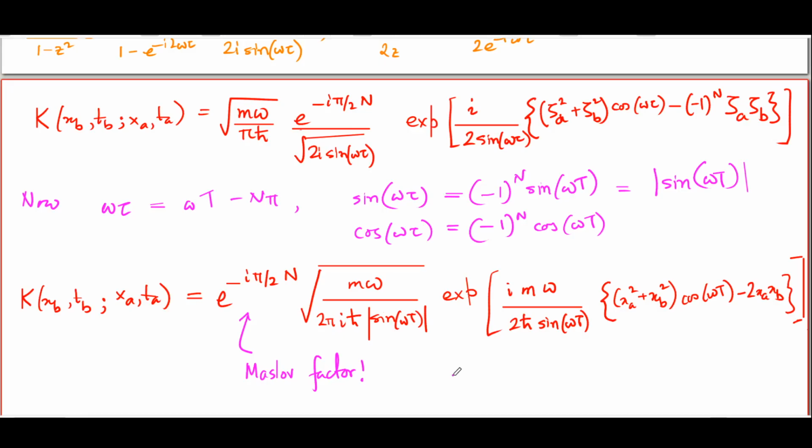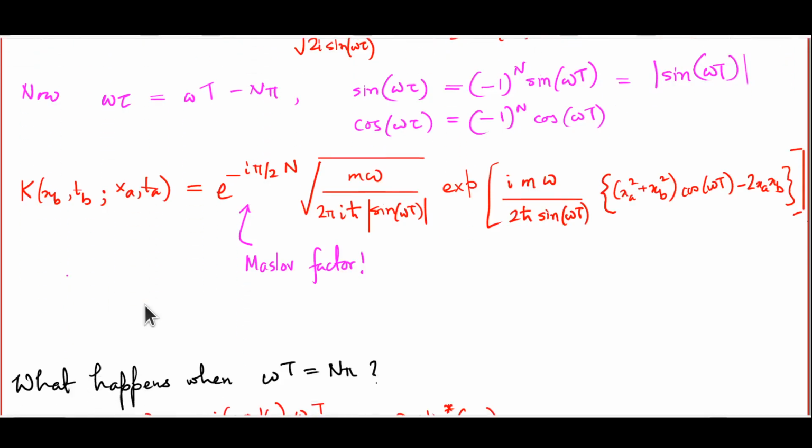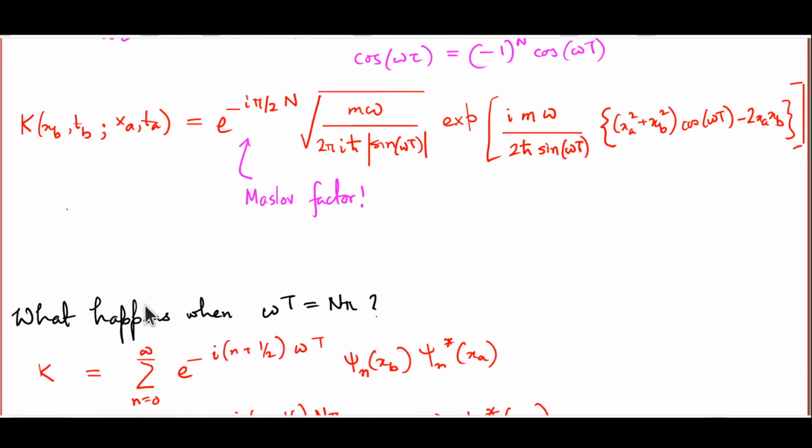The only question left is what happens when omega t is exactly equal to a multiple of pi. Let me quickly turn to that next. The answer actually is very, very simple to work out if we start from the spectral representation. Indeed, we don't even need the exact forms for the wave functions for this. All we need are the energy eigenvalues and the fact that the wave functions have specific properties. So, in the expansion,